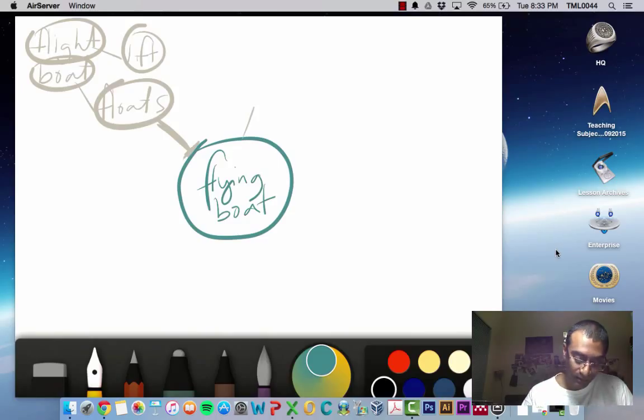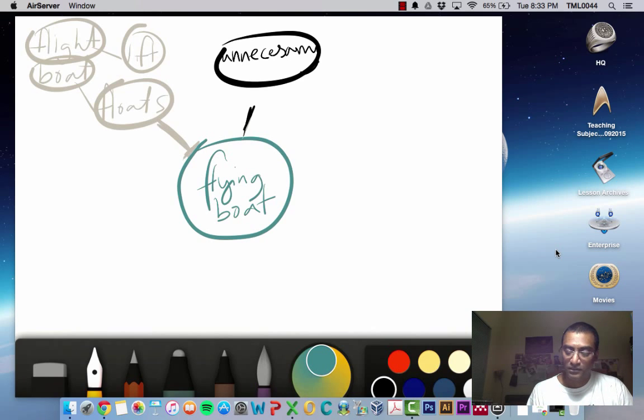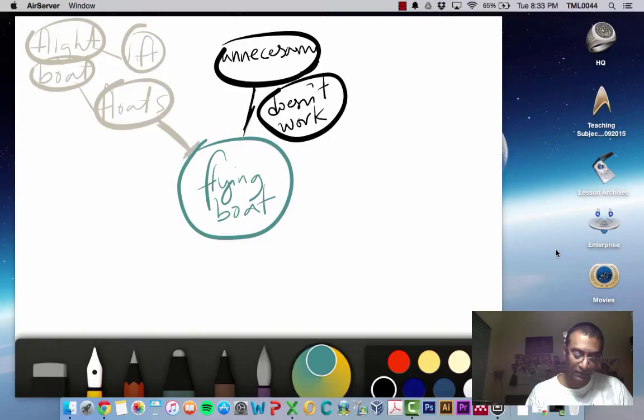Let's see. Maybe it's unnecessary. It's unnecessary. It doesn't work. So it's very negative. If you have it very negative, then that's the black hat. Black hat's job is to have it negative. So all the negative reasoning about the flying boat. Then the opposite of the black hat, let's go with the